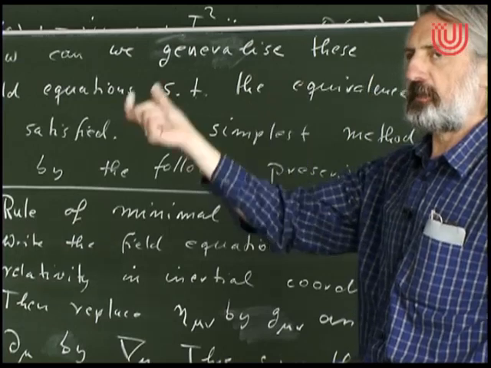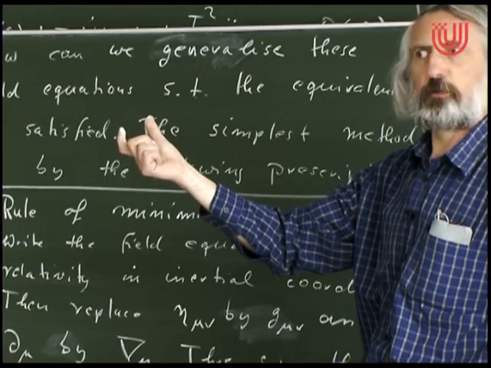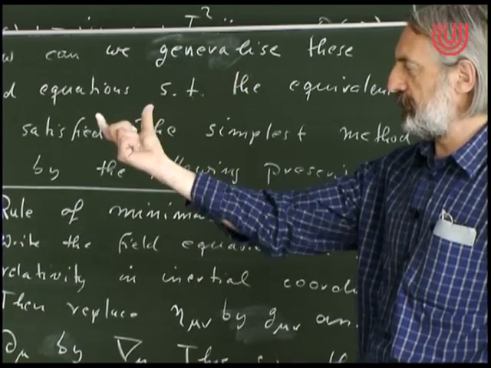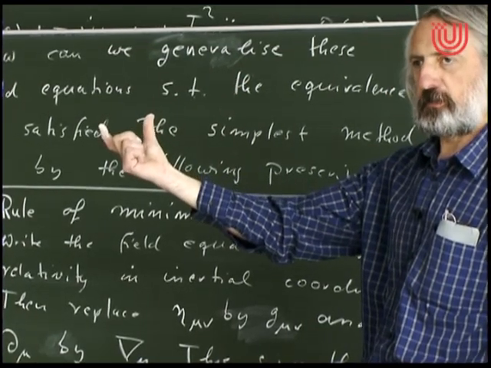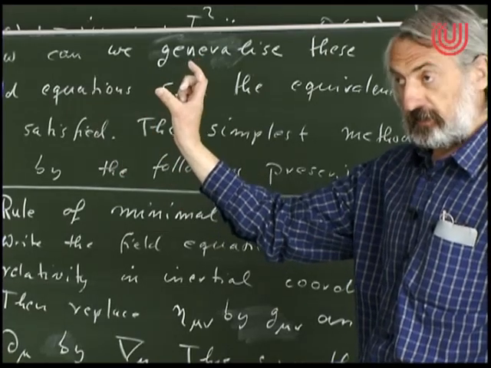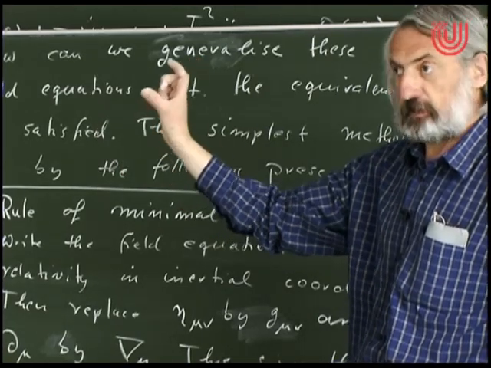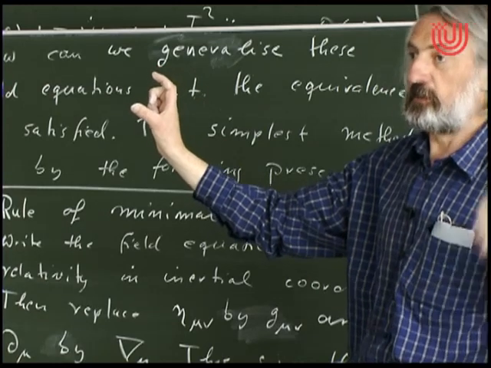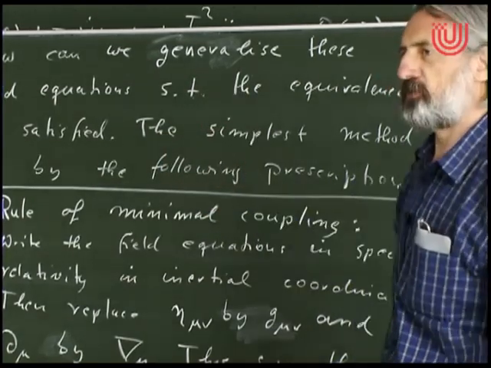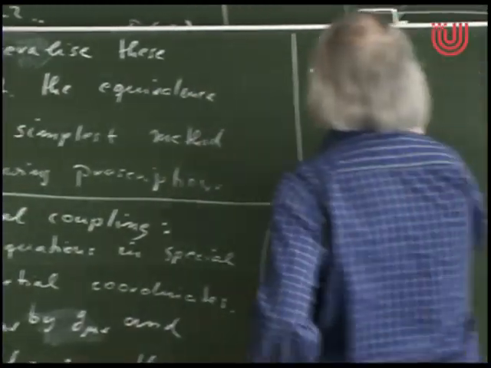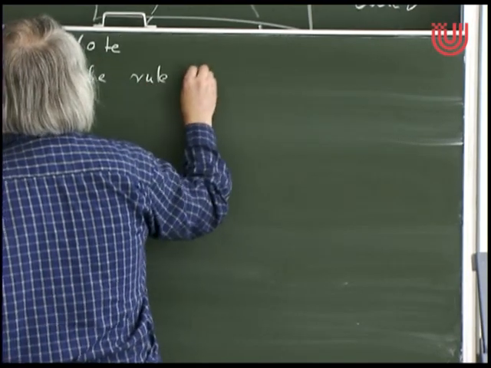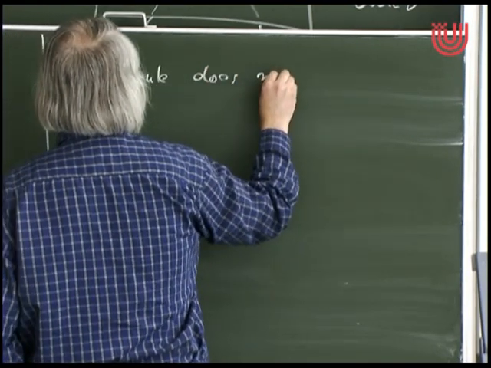But now you replace them by covariant derivatives, and the covariant derivatives do not commute. So if you have written the partial derivatives in this order first, then you get a law of nature in general relativity. If you have written it in the other order, which in special relativity is precisely the same law, you get a different law in general relativity. So you have to check which one is the correct one. So the first observation is the rule does not give a unique result